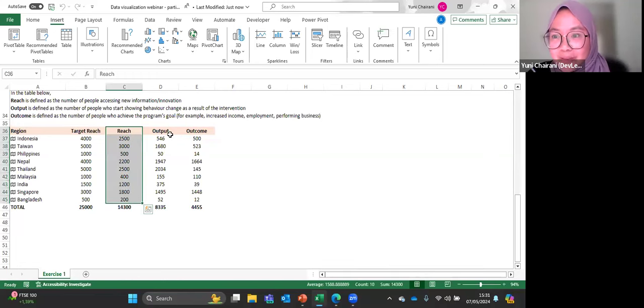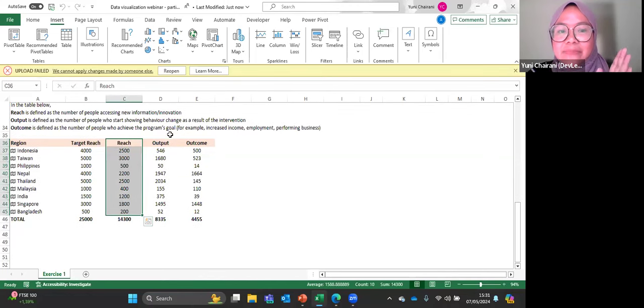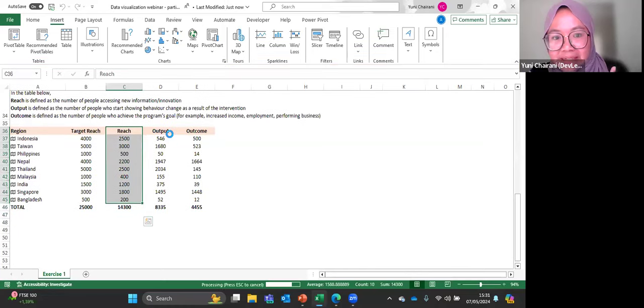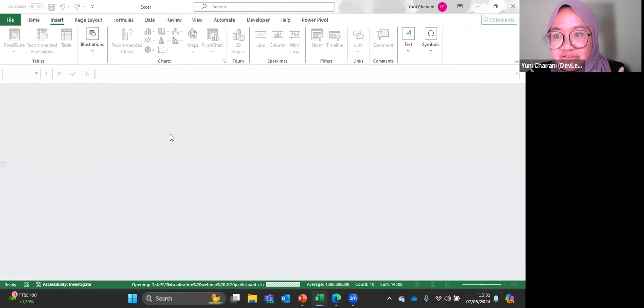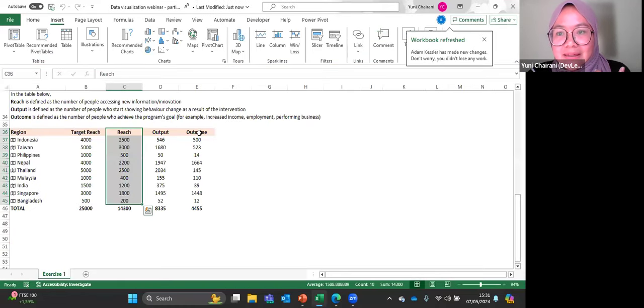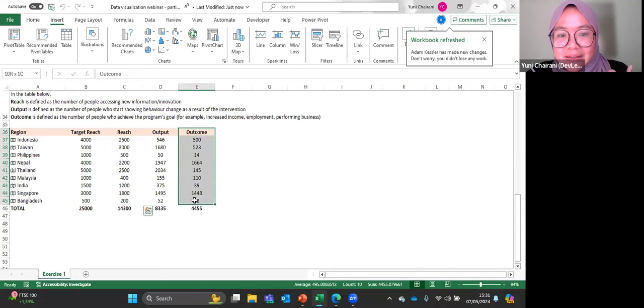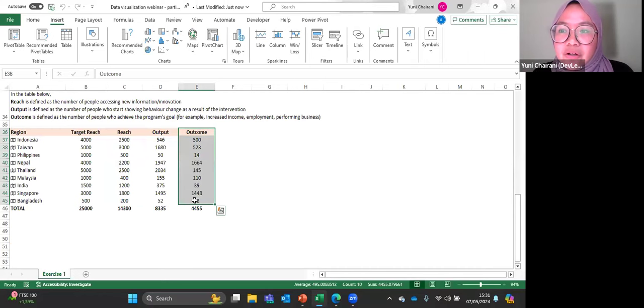We have the output defined as the people who start showing changes, who start the behavior change as a result of the intervention. And then the last one, we have outcome. Outcome is defined as the number of people who achieve your goal of the program. Maybe it's about increasing income, maybe it's about employment. Okay,